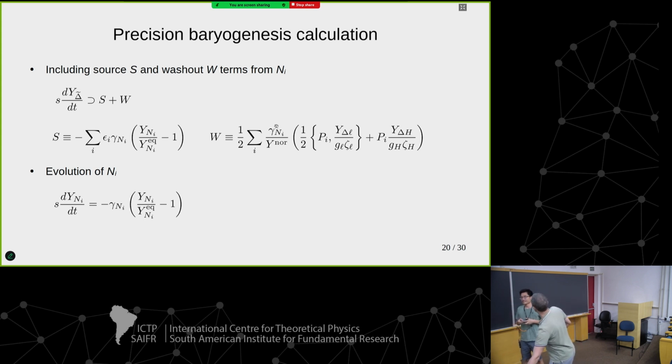Gravitational wave from cosmic string, but cosmic string